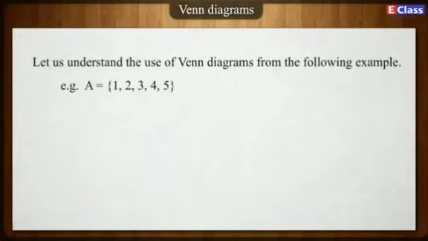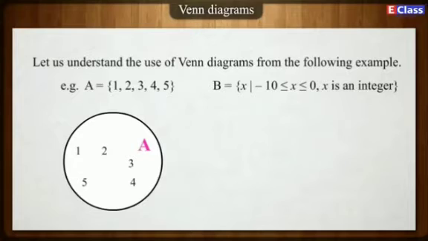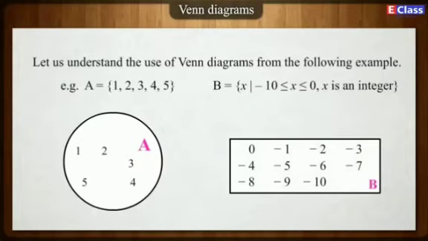A = {1, 2, 3, 4, 5}. Set A is shown by Venn diagram. B is a set of x such that -10 ≤ x ≤ 0, and x is an integer. Venn diagram is shown by